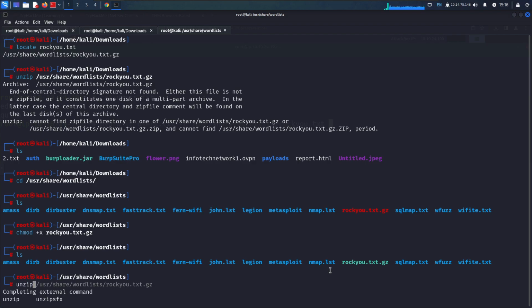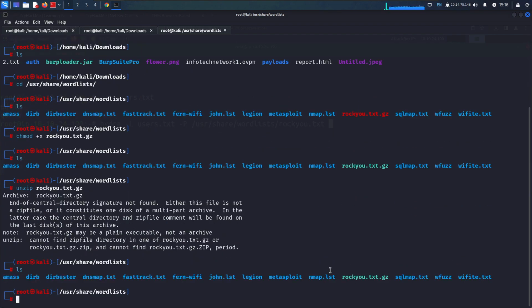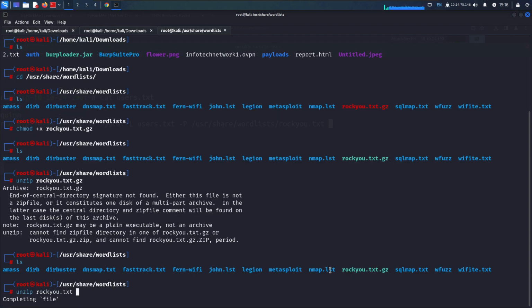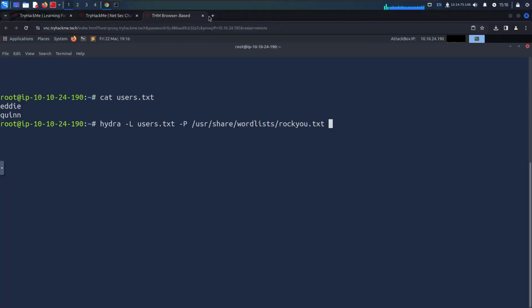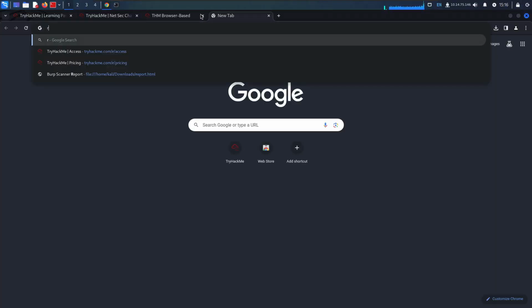unzip, and if it worked for you, fine. If it didn't, then just try unzip, and after that type rocku.txt, and then just give the full path. It's okay if you are not able to do it from here, as in my case it is taking our time. That's why I'll just go to Google and type